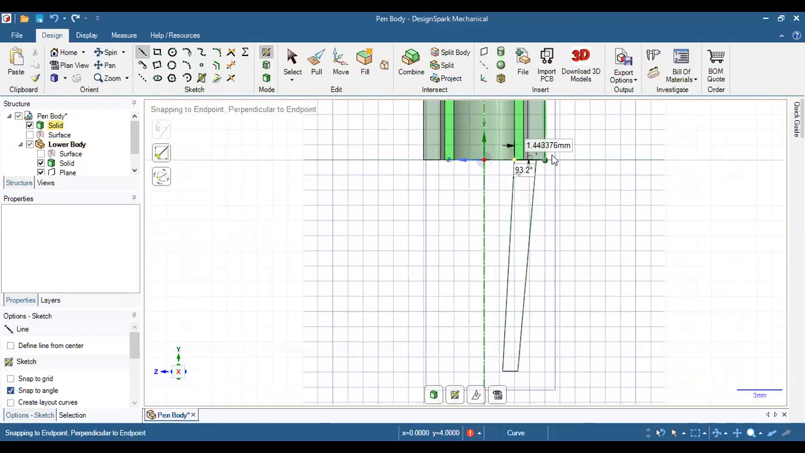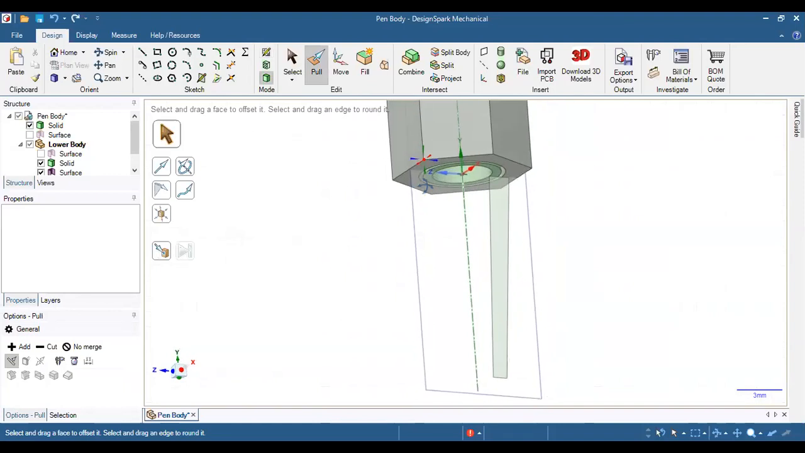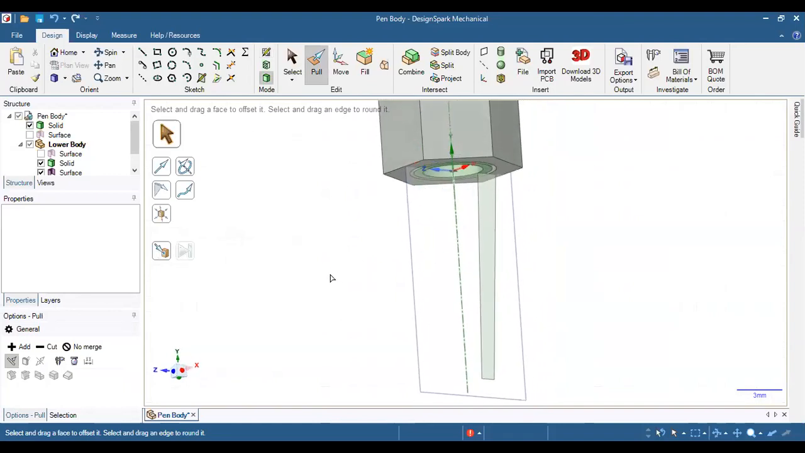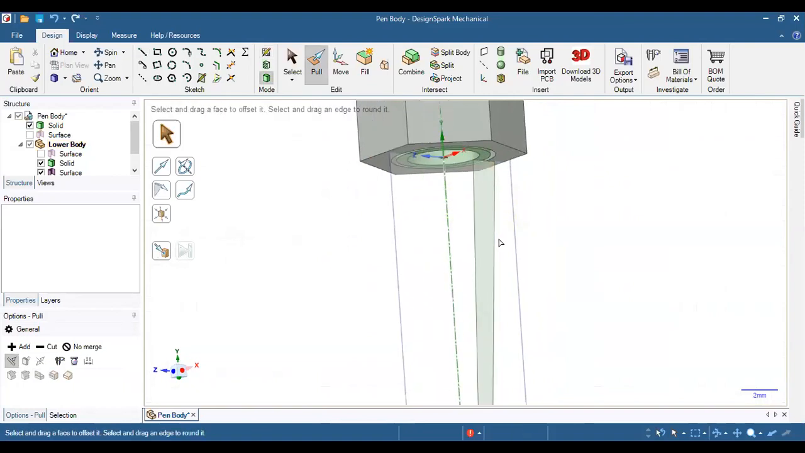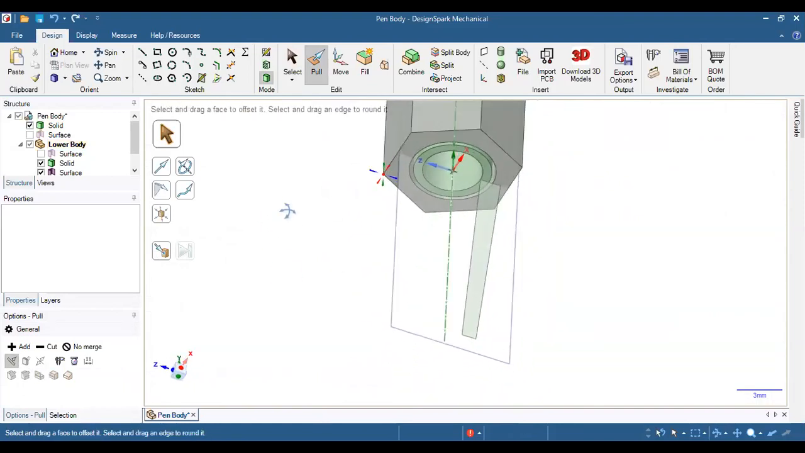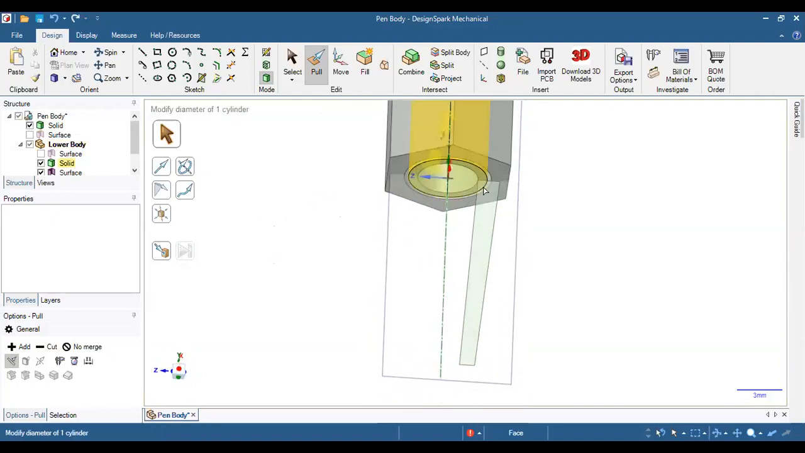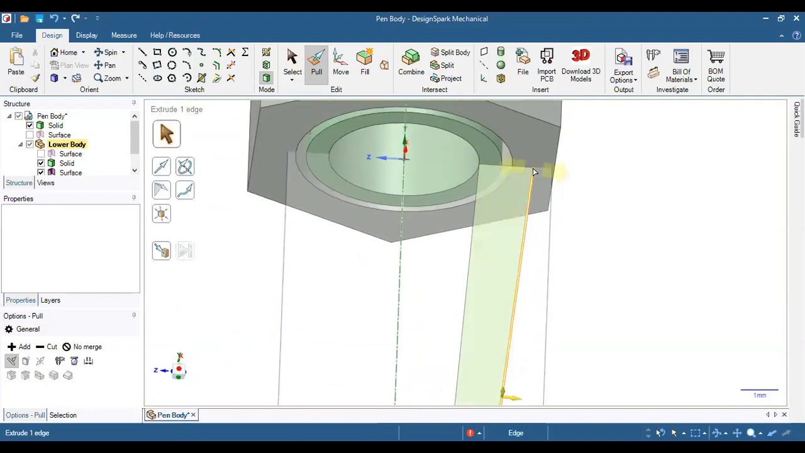Once the cross section of the lower body has been generated, we are going to shift into the pull command or into the 3D mode. You can see the surface is perfectly closed and it is converted into the surface. The lines are perfectly closed, and what we are missing, no, perfect. Or you can see right here, we can extend this line to this point also,